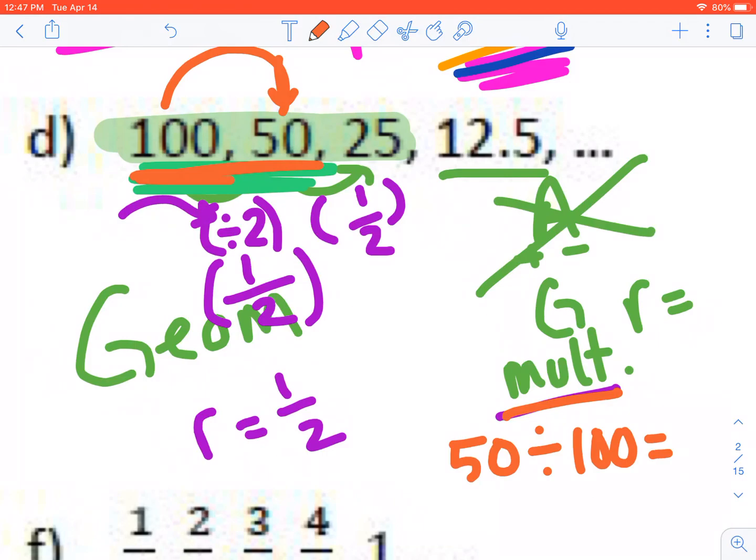And some of you are thinking 2. No, get on your decimals and type it in. 50 divided by 100 is going to be 0.5. 0.5 is also half. So the answer that I want on the form is going to be 1/2, but you could also